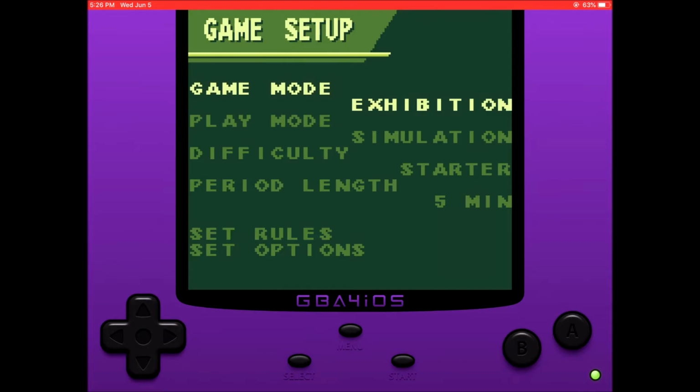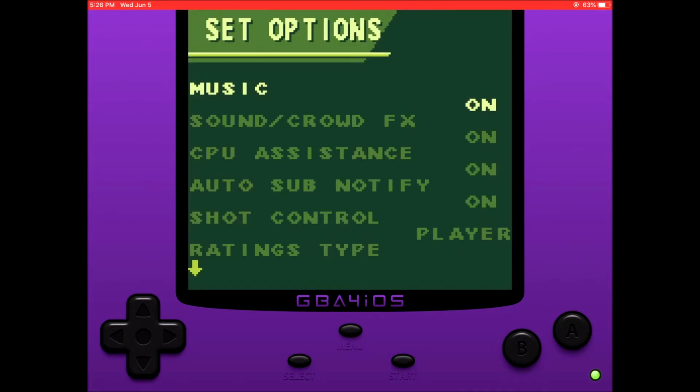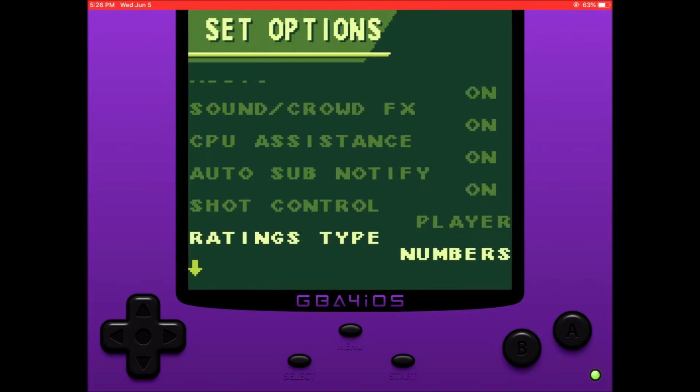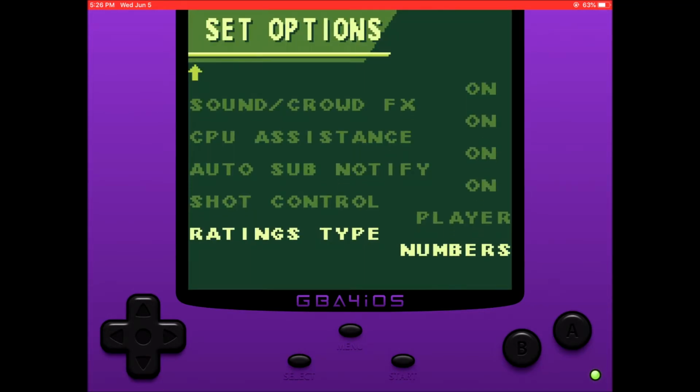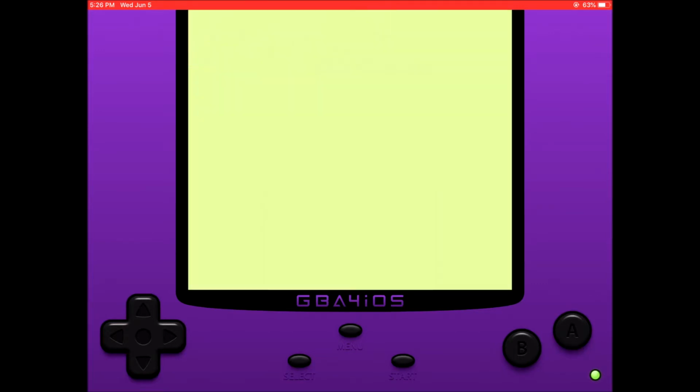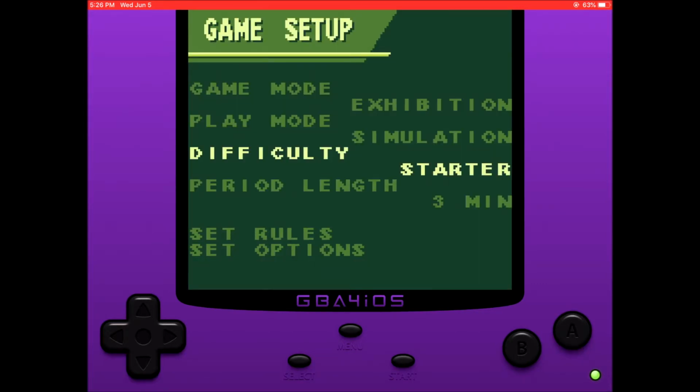Here we go. Here's the actual setup. So we have exhibition, simulation, starter, 5. Actually, gonna do 3 minutes at the same time. This can actually last a long time if I'm not careful here. I want it to be just